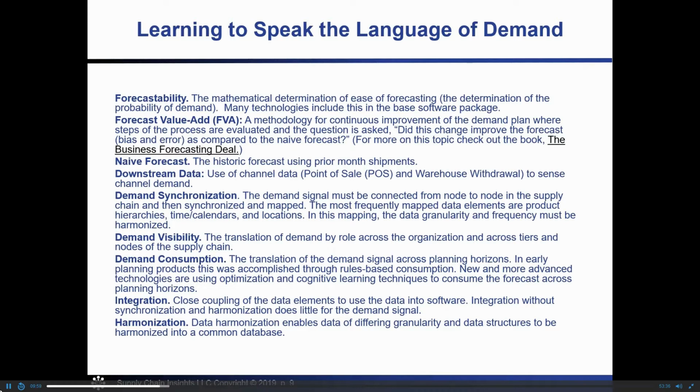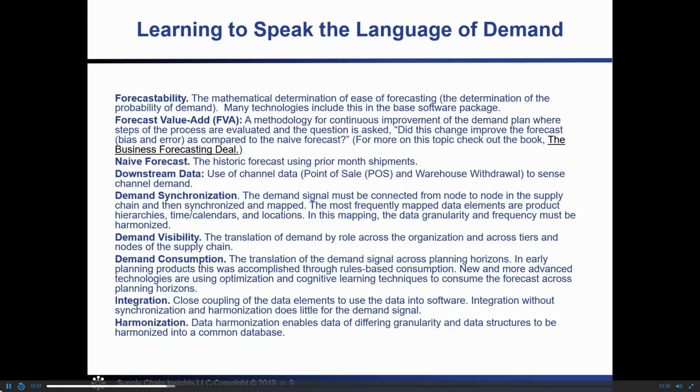And many technologies have this included in the baseline package. And when I work with clients and I ask them, what is the forecastability of your data now versus a decade ago, they'll find that it's tougher, right? That sometimes demand error, despite what they do, has actually increased twofold. Forecast value add is what is the improvement that I'm adding to the forecast through demand against the naive forecast, which says if I don't do anything else, what did I sell last month?